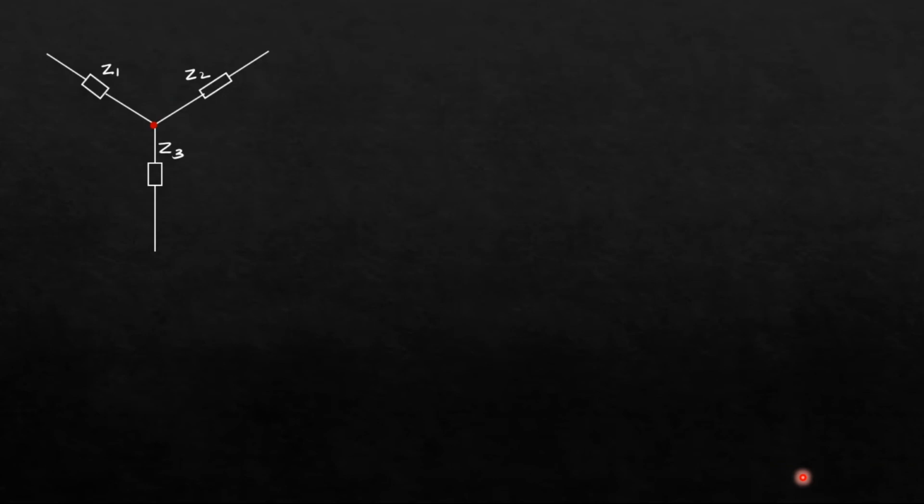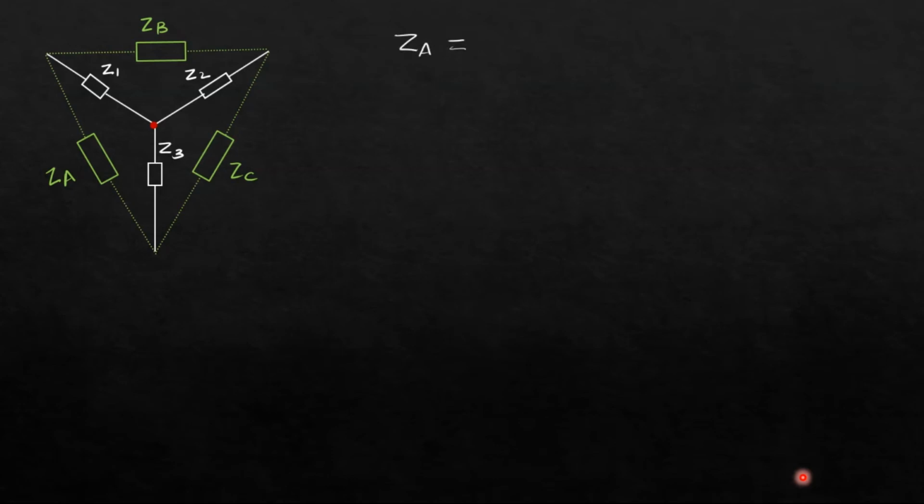Now the reverse of this transformation also holds valid. That is, when we want to go from star to delta, we want to connect three impedances like this. Let us say this is ZA, this is ZB and this is ZC. Now here also we have a trick for the calculation of ZA, ZB and ZC. Let us write for ZA. ZA is equal to Z1 Z2 plus Z2 Z3 plus Z3 Z1. Now you have to take all possible pair combinations. Now divided by, in front of ZA, Z2 is there, so divided by Z2.